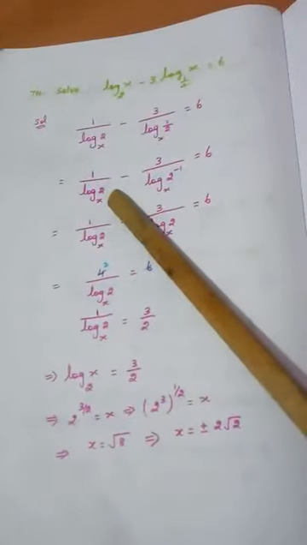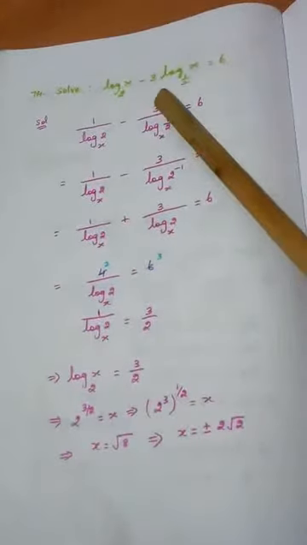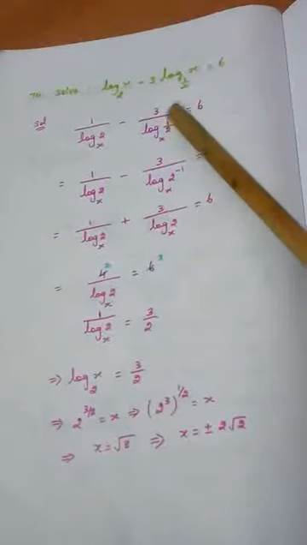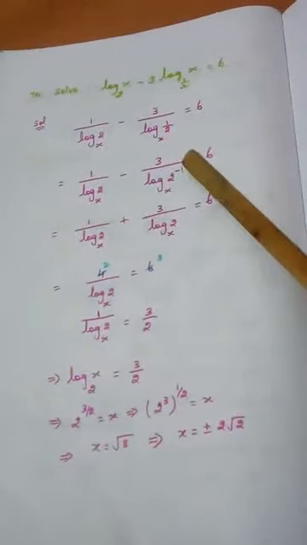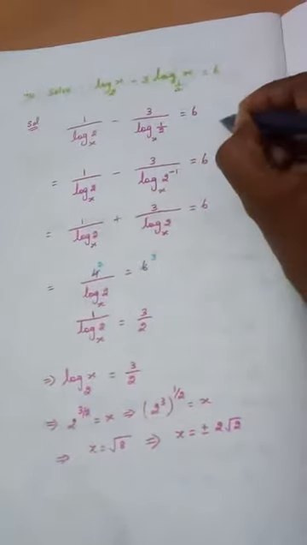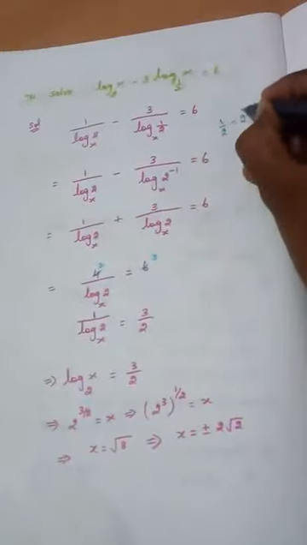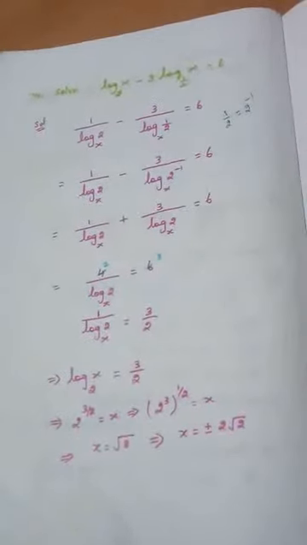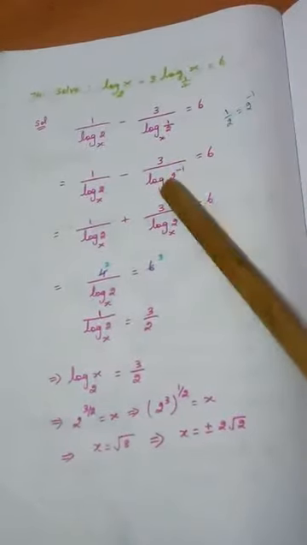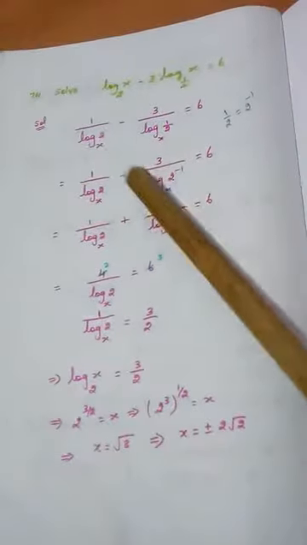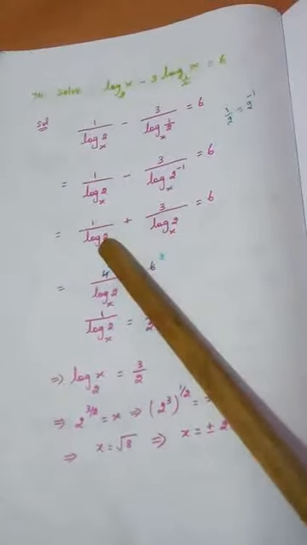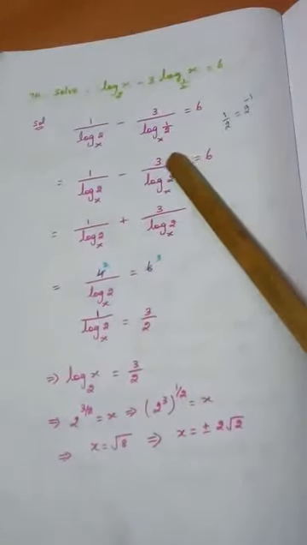Now this I am writing as it is. If you see this, 3 by log base x 1 by 2, just take this 2 to above numerator, so it becomes 2 power minus 1. In the denominator 1 by 2 power 1, right? If you don't understand, a simple reason, 1 by 2 can be written as 2 power minus 1. 1 by 2 and 2 power minus 1 are equal. So instead of writing 1 by 2, I am just writing it in power, 2 power minus 1. Why? Because power can be brought forward.